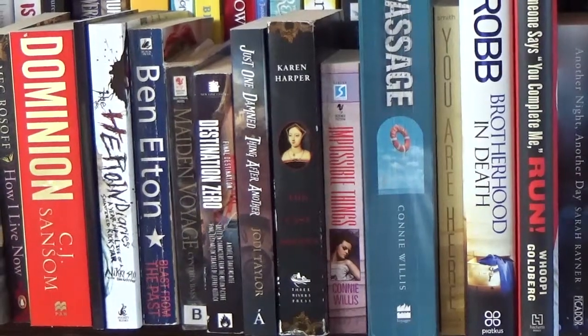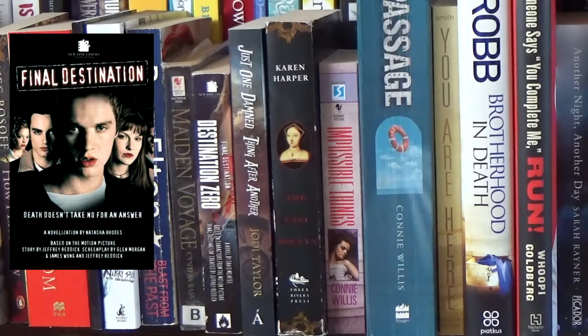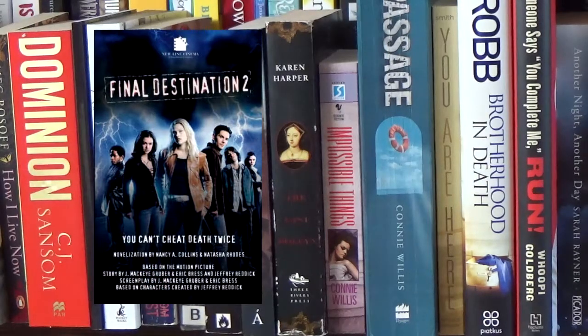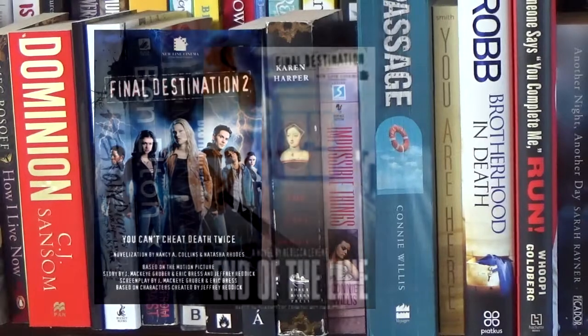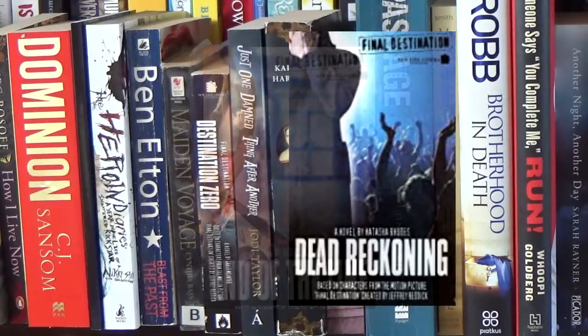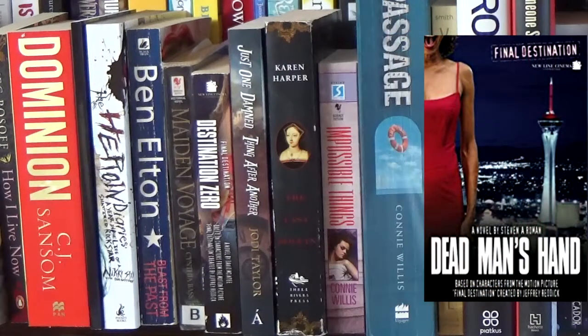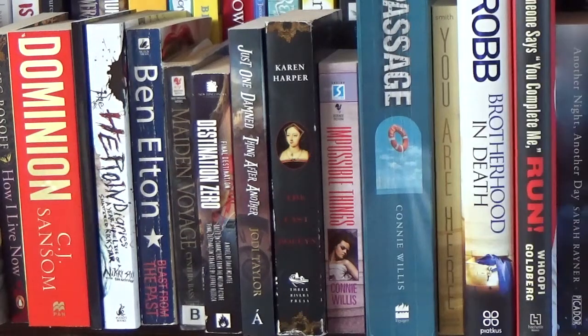If you can't tell by the title, it is Titanic. And next to that you have a Final Destination book. Now I stumbled across these a couple of years ago, and I think there's at least 3 or 4, I'm not 100% sure about that. But this one's coming up at the moment, so hopefully they'll be good. That's Destination Zero. I don't think it's direct novelizations of the Final Destination films, because I do have those somewhere. But I think it's kind of like spin-off stories and things that could have been, or ideas